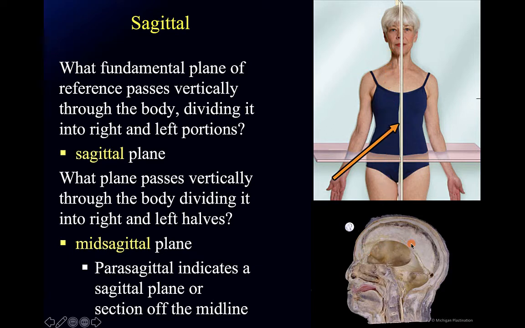plane. We can see a sagittal section down below here, and you can see that I don't see the nasal septum, that little section that divides our nostrils into a left nostril and a right nostril, but I can see what we call the nasal conchae here. So these are some bones that provide additional surface area inside our nose and are visible because we've done a mid-sagittal cut, and that has left one side at least without the septum because we didn't cut perfectly down the